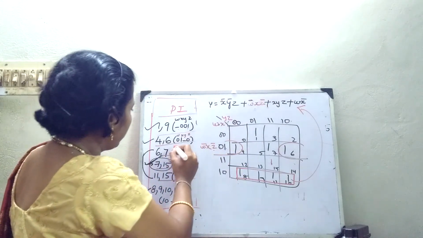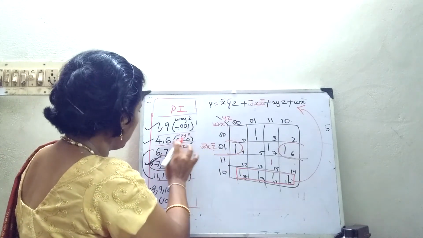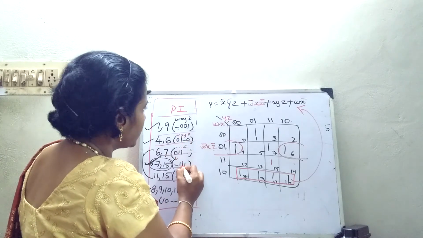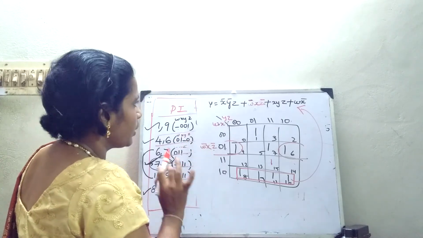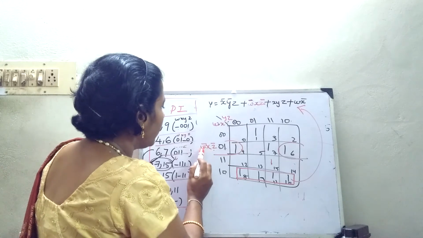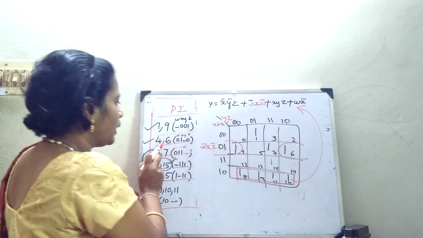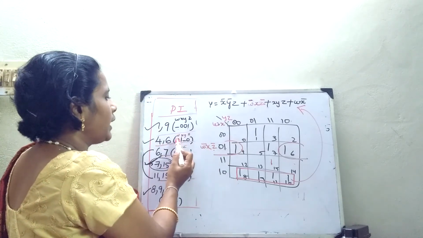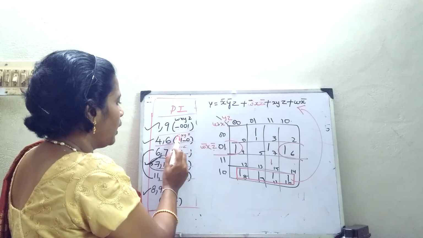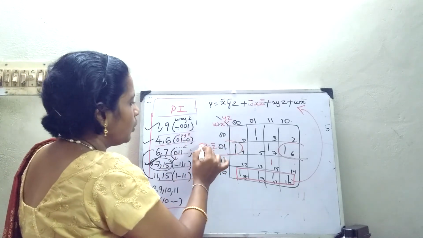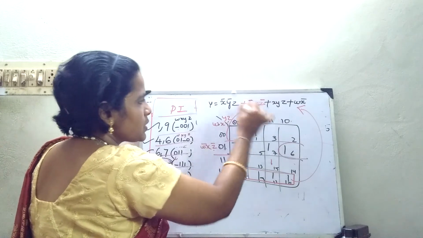Okay, so once again I will check this also. The next term is X, Y, Z. Okay, correct. W, X bar is correct. Now, W bar, X, Z bar. Here when I was taking the literals, I had just taken X, Y, Z. That is a change. So W bar, X, Z bar. Now, this term peeps in.